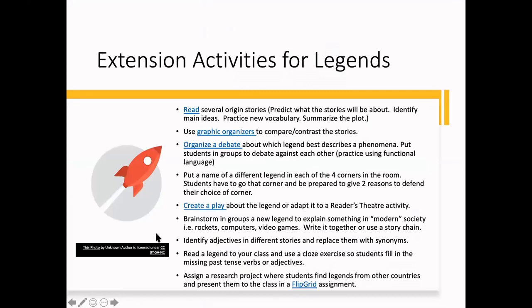I said you could read some stories. There's graphic organizers that you can download and use. You could organize a debate about legends. You could do a reader's theater, etc. So these were all just ideas maybe for you to think about to use when you are doing a lesson